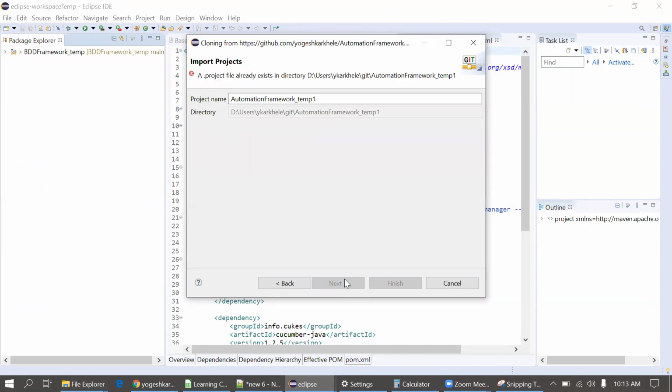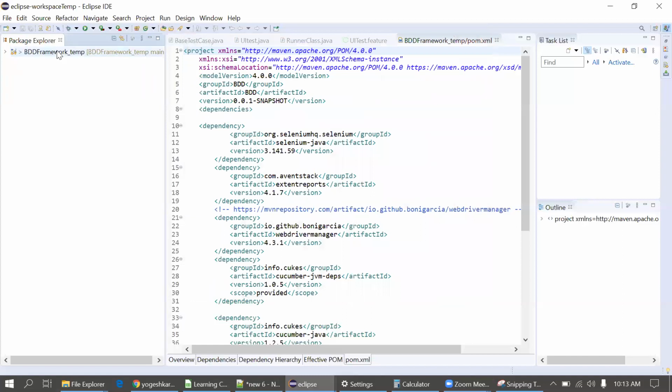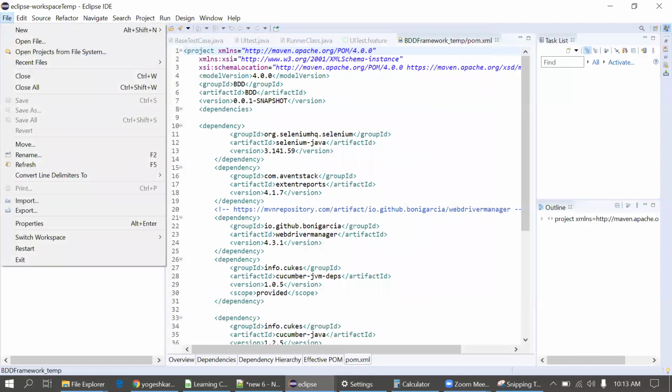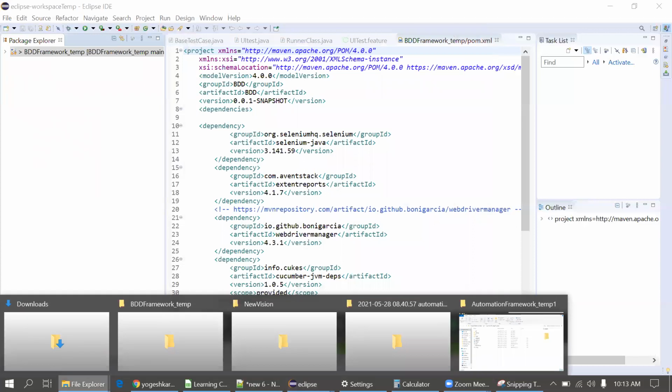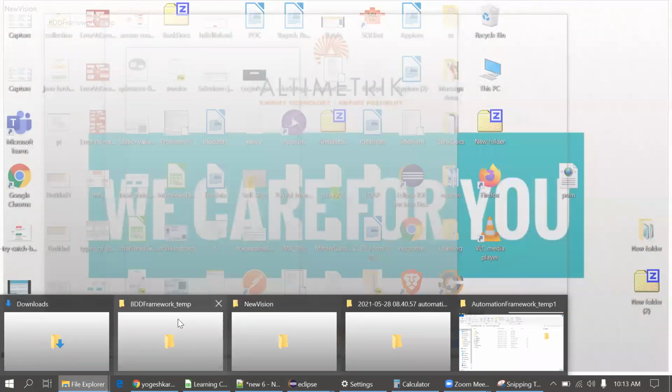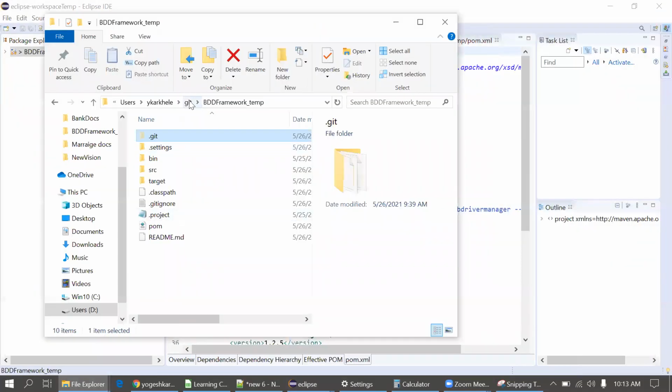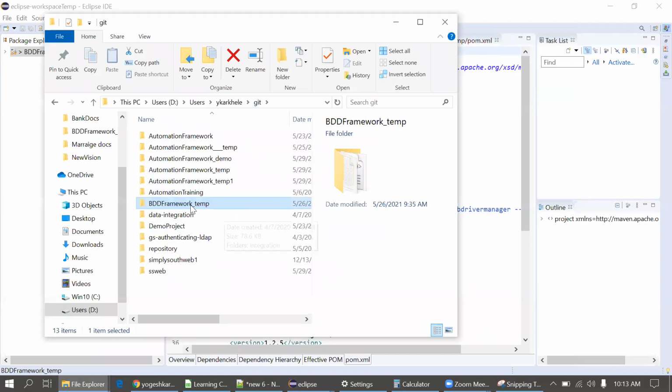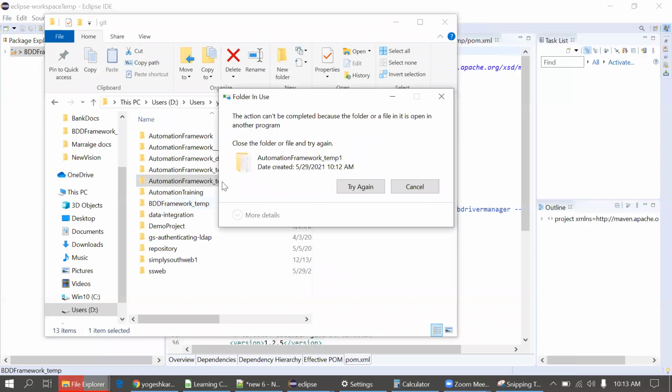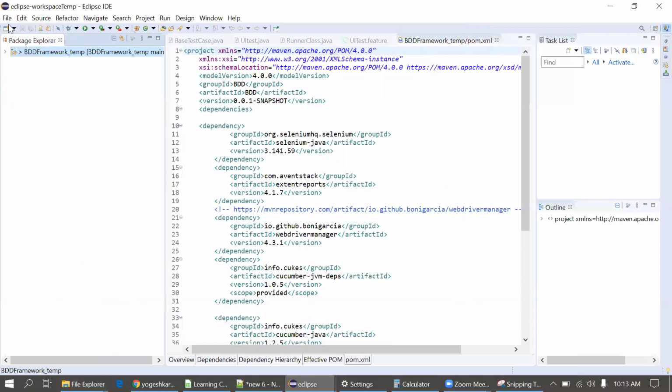Actually, I'll simply choose another workspace and not use this one. I have taken this project multiple times while showing you the actual practical, so that's why it is giving me some issue. I will delete this repository.